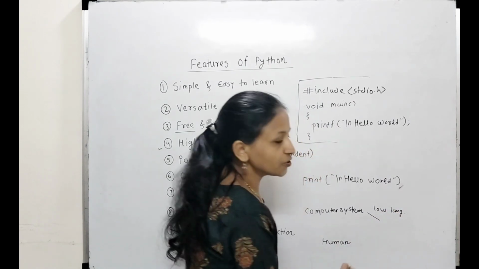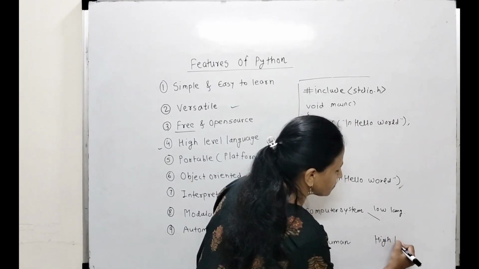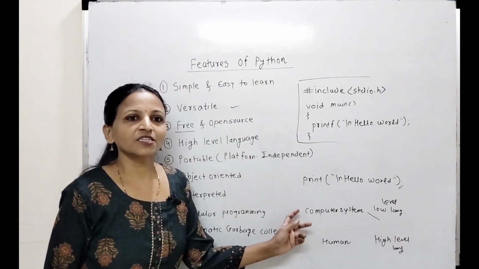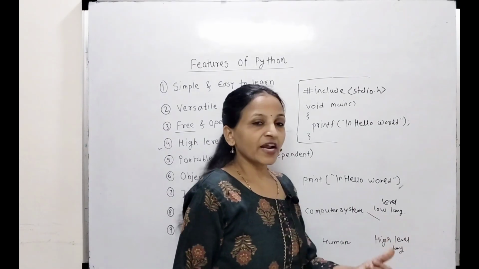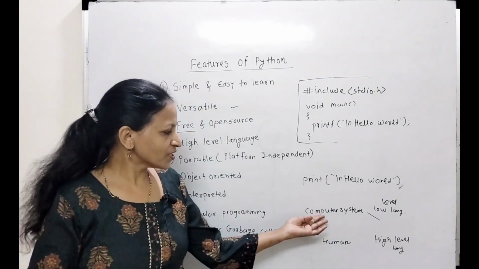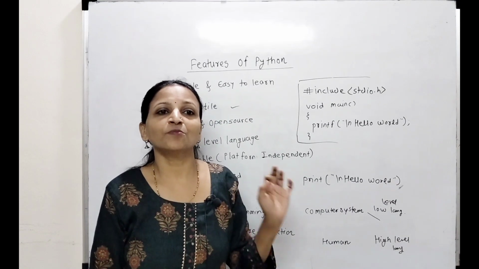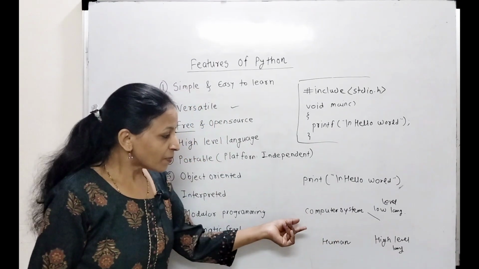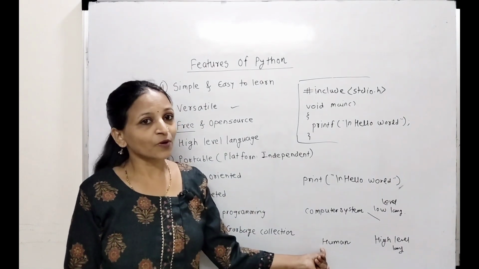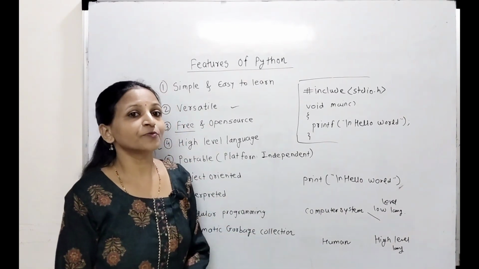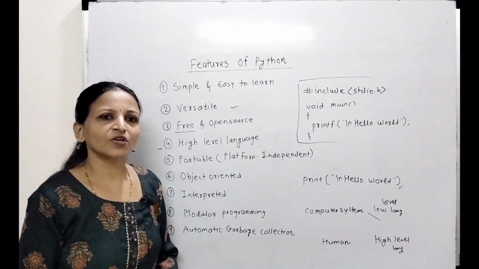And if it is easy to write code for the programmer, then that comes under the high level language category. And if it is in between, then that will become a middle level language category. Now see, if you are writing code in machine language, then it is very easy to understand for the system, but it is very hard to write code in machine level language. But suppose you are writing code that is very easy to write for the programmer, but there is too much conversion needed to understand it for the system, because the system knows only binary language.